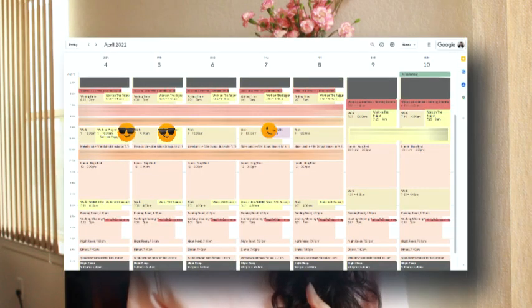So I'll show you my Google Calendar. I have decided to be more mindful about my theme days this time around. So on Tuesdays and Wednesdays, I'll be recording my YouTube videos. So I won't have a lot of time for any other project, but I've still made time for writing. So that's one thing that I'll be working on 5 days a week. The next thing is that on Mondays, I'll be working on my secret project. So I have a chunk of my time blocked out for that.